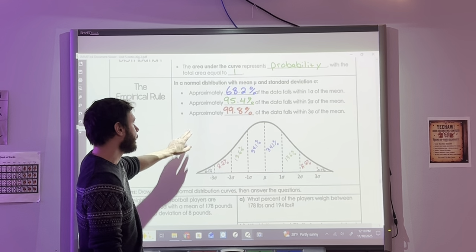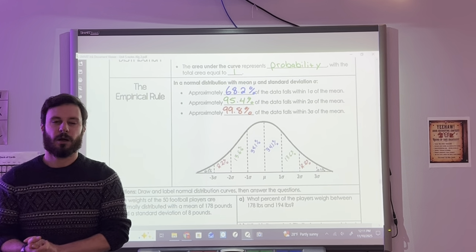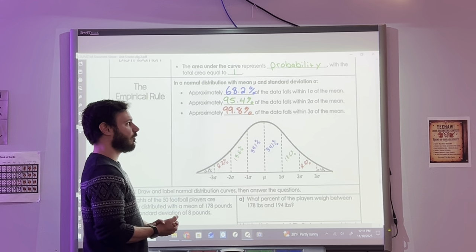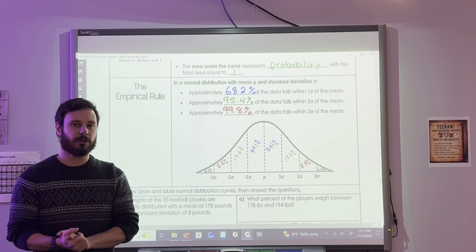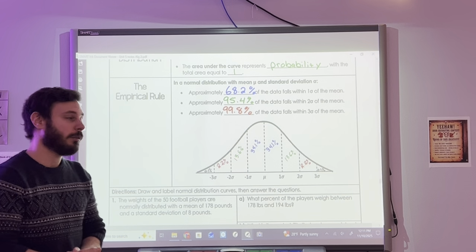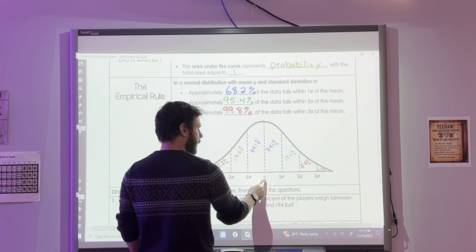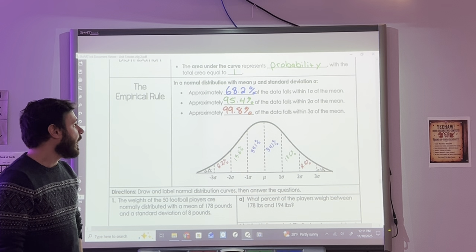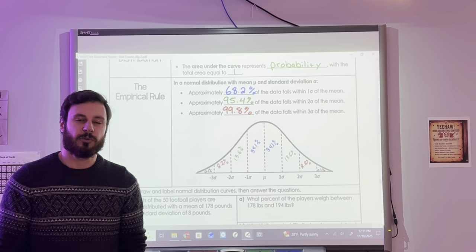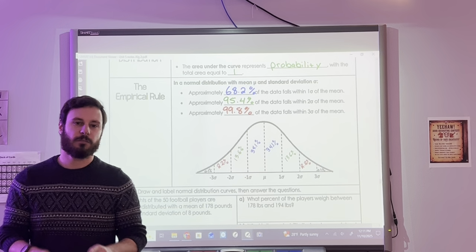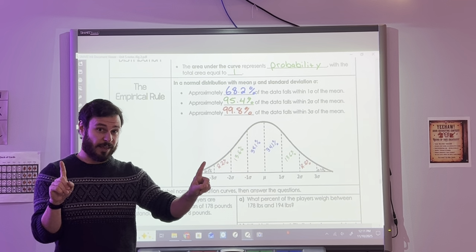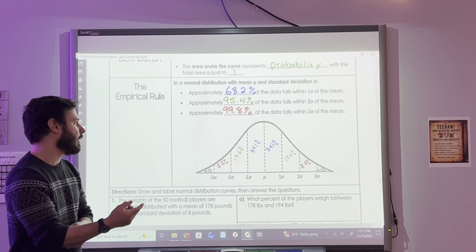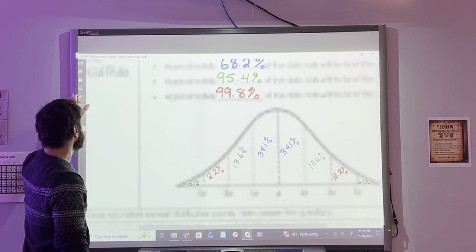So here's the breakdown of how a bell curve works. 68.2% of the data falls between 1 standard deviation from the mean. The mean is the average. It's in the middle. That's that fancy M that looks a little bit like a U. 95.4% of it is between 2 standard deviations, and then between 3 standard deviations, if you go that far away, 99.8% of your data should fall between there. The breakdown